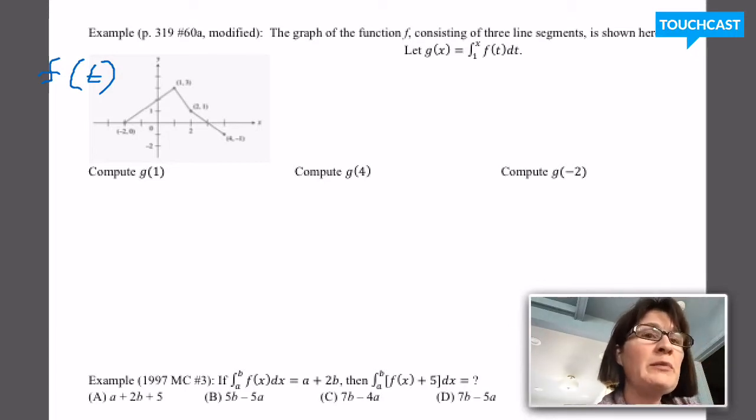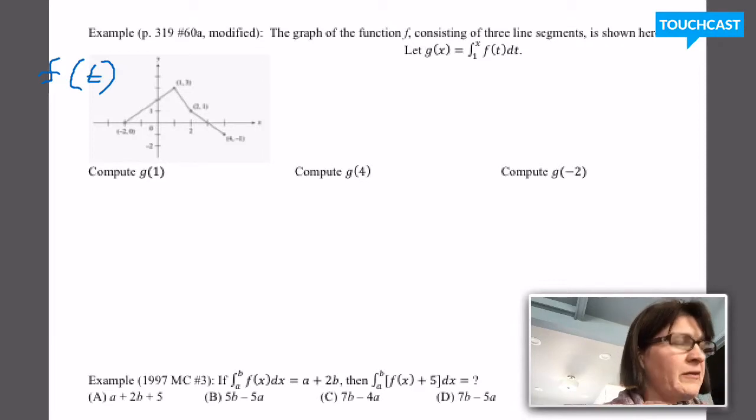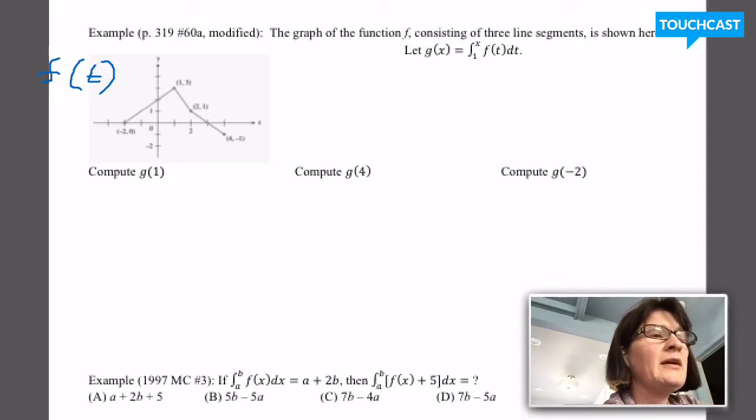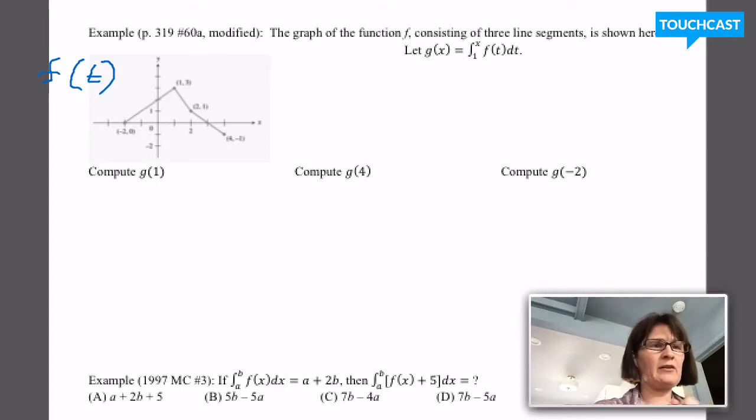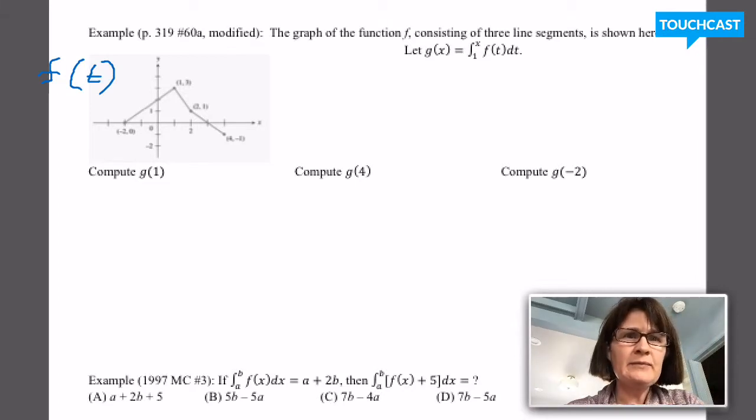So if I want to compute g of 1, think about what the function notation g of x means. It means later if I ask you to find g of 1, you're going to take that 1 and plug it in everywhere you see x. So one important idea here, we don't want you to get confused about it. It's a common misconception here. When I find g of 1